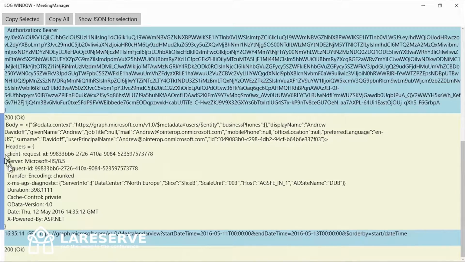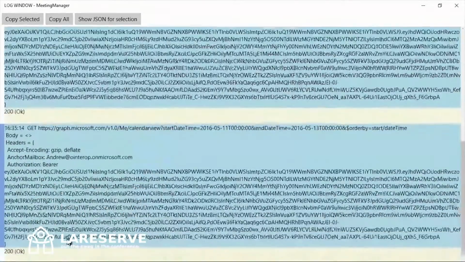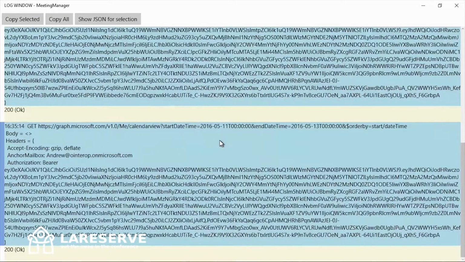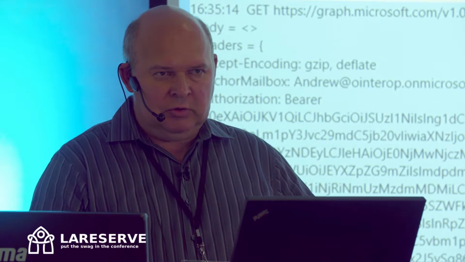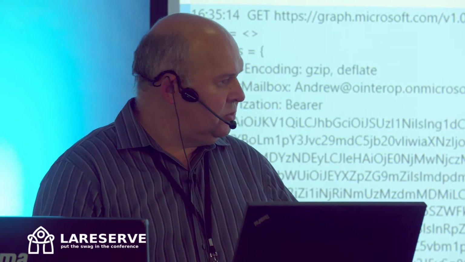Interesting thing is that in headers I also have some diagnostic information, including what data center I hit and how long it took, stuff like this. And the last call that happened, calendar view. The application is showing the view for today, all meetings for today.